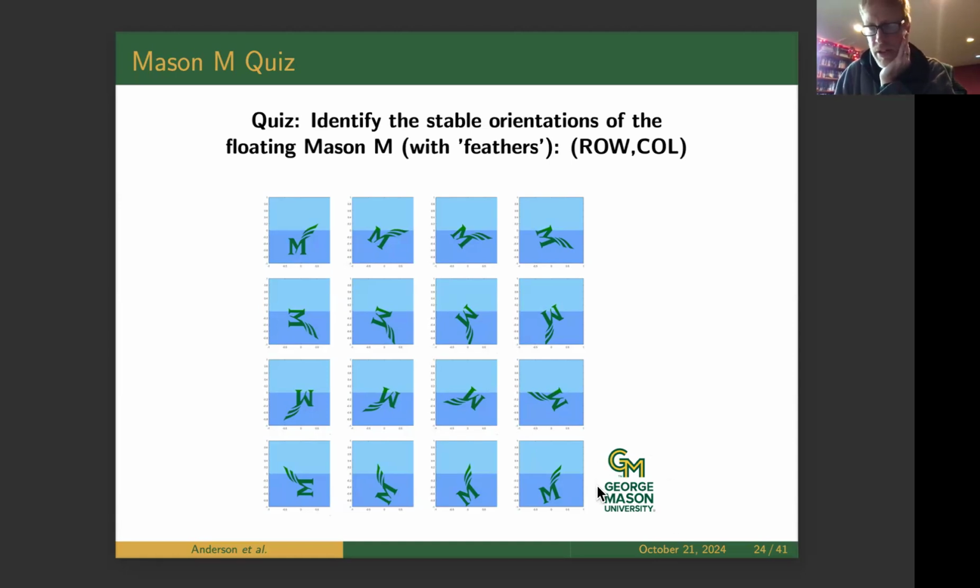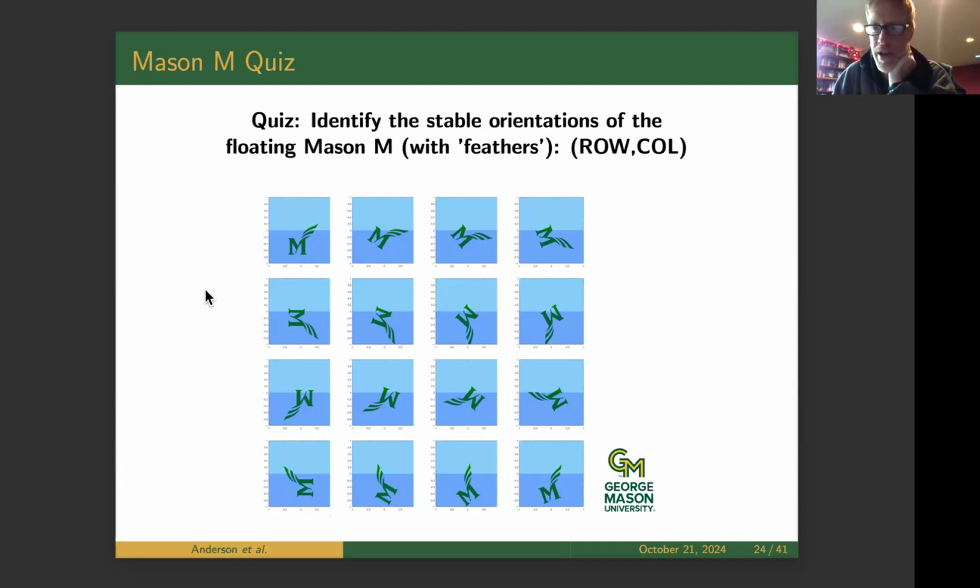And one of Evelyn's students floated this in their course this semester, and I haven't seen it floating, but I've been told that the results are slightly disappointing compared to the original Mason M. So they didn't consult us on this logo change. Anyway,